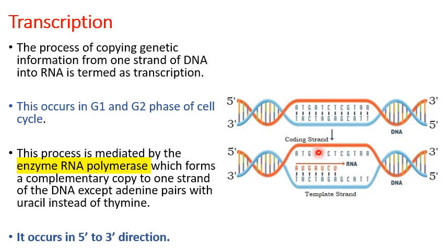And you can easily see the bases present on the coding strand match with those of the RNA that is formed, except where T is present on the DNA strand, instead you will have U on the RNA chain. So basically, the information being translated into proteins is the sequence of bases present on the coding strand, which will be carried by the mRNA. Therefore, this other strand is referred to as the coding strand.